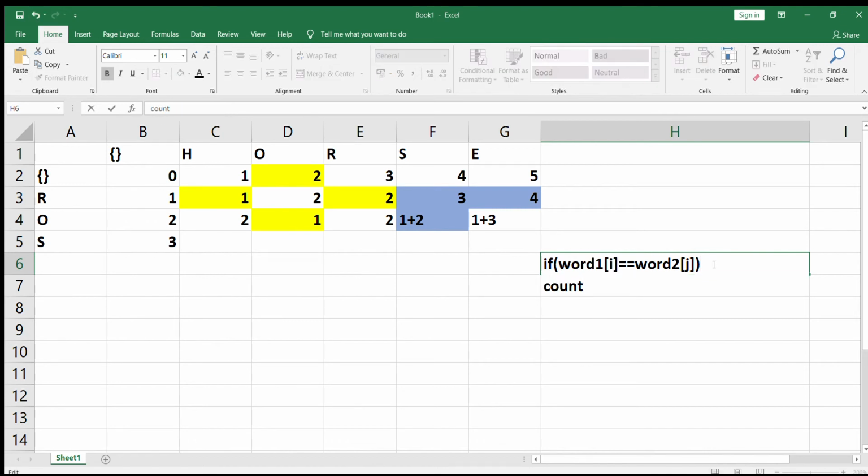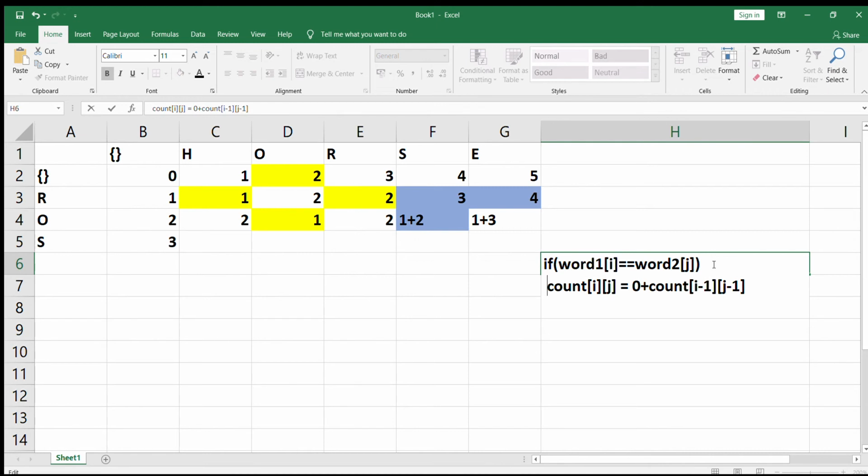So if you have an array where you are doing a counting, so count of I and J will be equal to, since these are matching, the diagonally opposite cell, and there will be zero weight for the conversion of that operation. So it will be count of I minus 1 and J minus 1. So this will be the value.